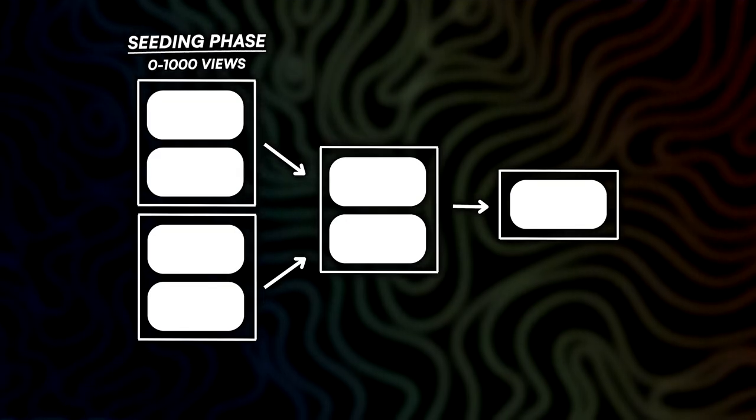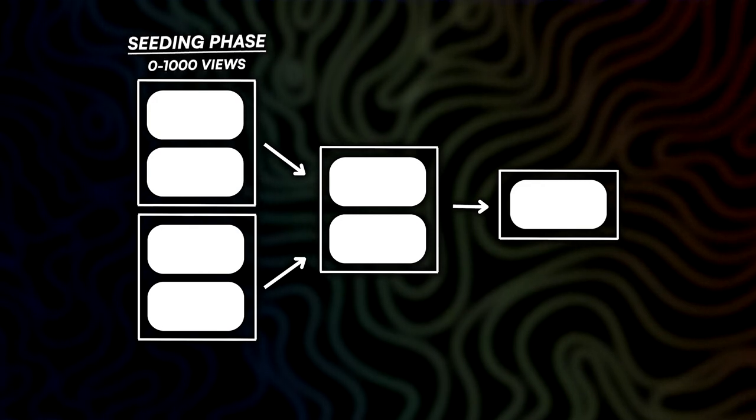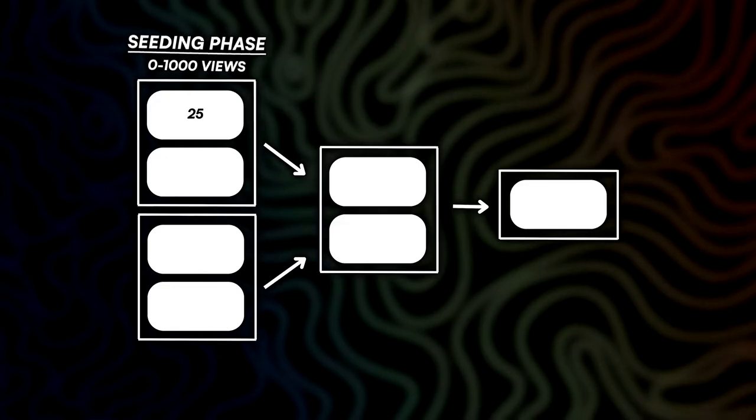So let's get into the video phase breakdown and show you exactly how these metrics, values, and points actually play a role in this. So the seeding phase is the initial phase. That's 0 to 1,000 views. So imagine there's a bunch of different videos posted. Obviously you're fighting amongst everybody to get attention on this app. So let's say one video gets 25 points and another gets 16 points. The one with 25 points will move forward into the expansion phase, while the one that lost will be stuck